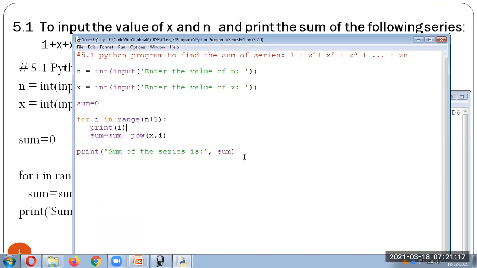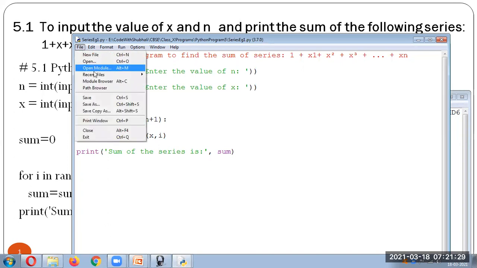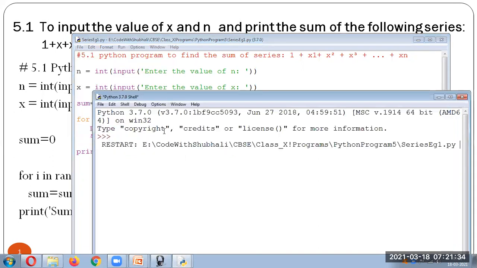Now we'll execute the program and see, so it will be easy for us to understand. Let us take some values over here. The value of n I am taking as 3, and the value of x I am taking as 1.